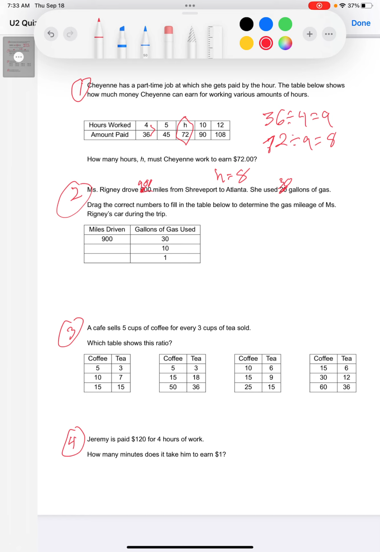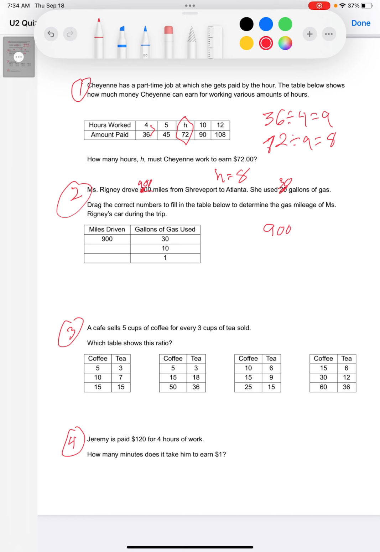So she drove 900 miles from Shreveport to Atlanta. She used 30 gallons of gas. Now it says drag the numbers to fill in the table below because there's going to be multiple possible options, and so you just need to drag the correct answers into these boxes. But in order to know which answers are right, you have to actually do the work. So we've got 900